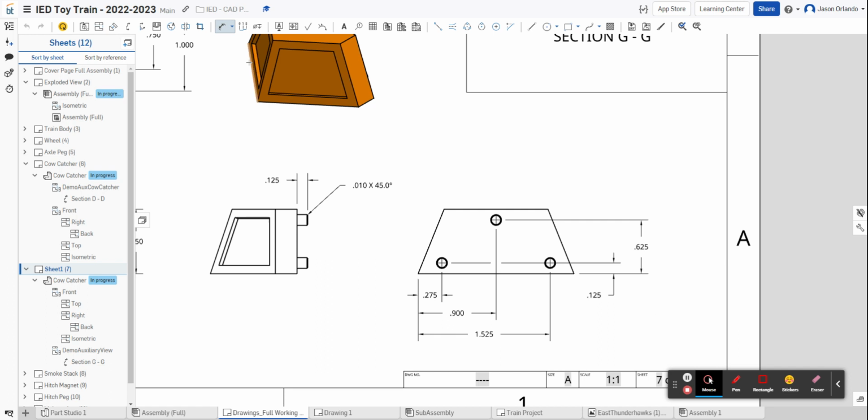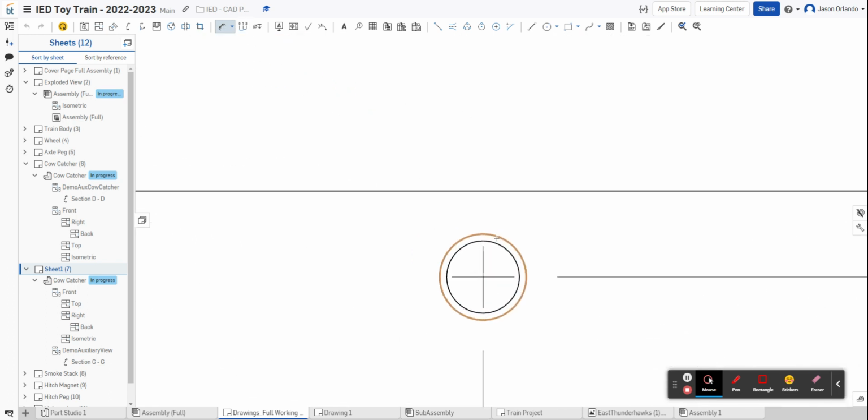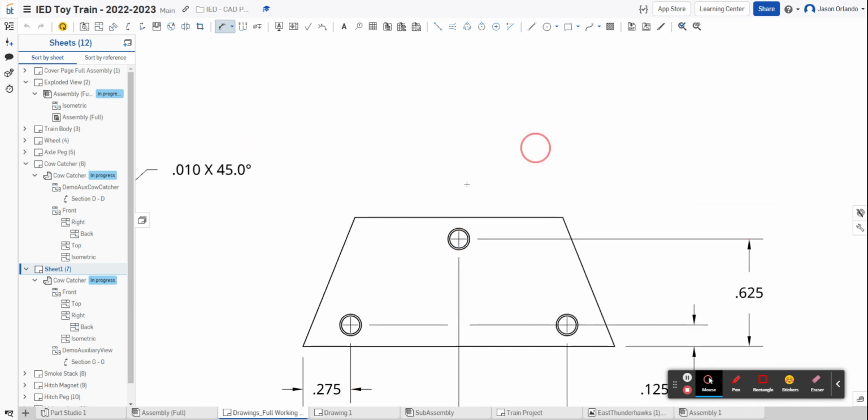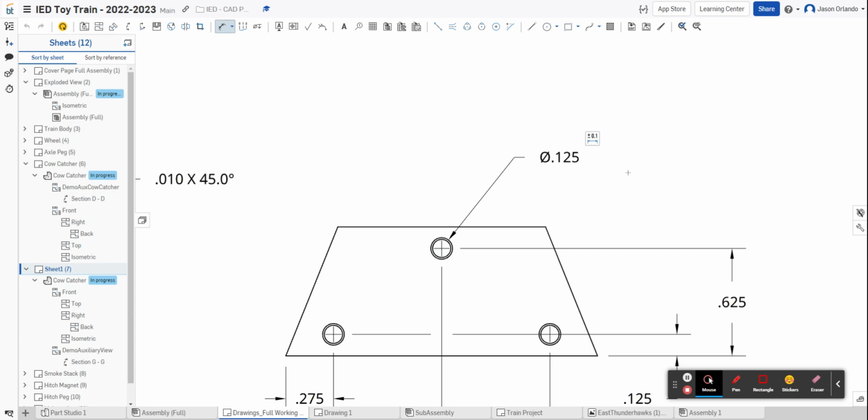So that locates them, but I also need to size them. Now remember, this little circle, that's because of that chamfered edge, that doesn't represent the actual diameter of the tab. It is the outer circle that's the true diameter of the tab. So I'm going to choose that one, and I will pull that up. And I don't need to do this on all three, but to make it clear that this is for all